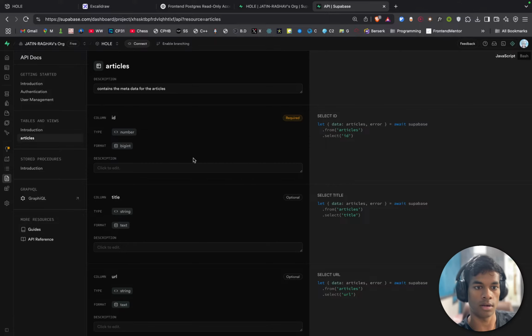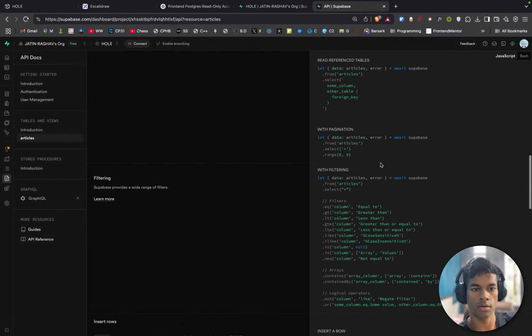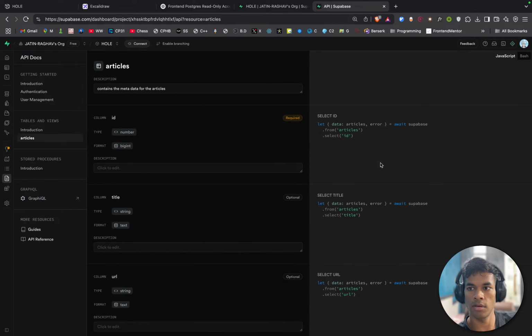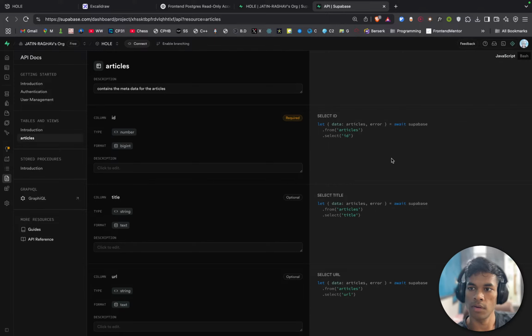Select contains the metadata for the articles, column ID. And these are the columns and yeah, filtering. JavaScript. Okay, these are the things.